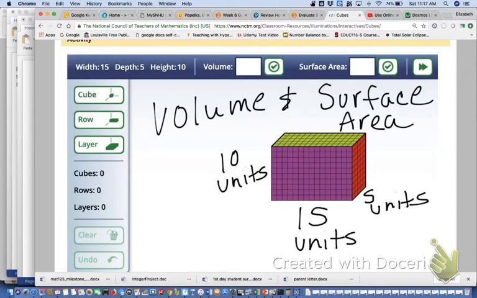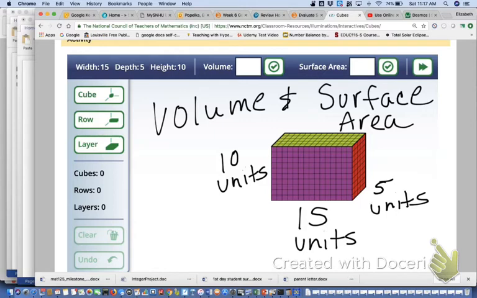Hey guys, this is some online help for the practice problem on surface area and volume of a rectangular solid. Before I get into the mechanics of exactly how to do the problem, I thought it might be a good idea to explain what the heck is the difference between volume and surface area in the first place? Because I think that sometimes it's hard to know how to use the formula if you don't understand what the